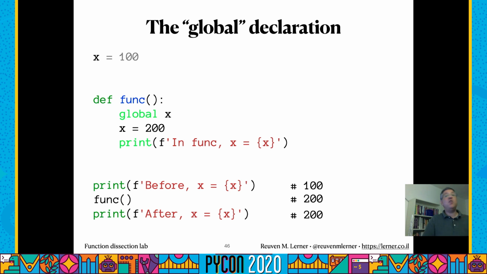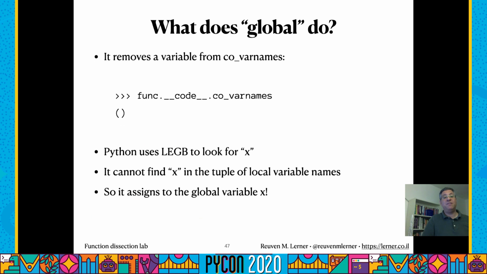Because now there is no local x. So when I assign to x from within the function, I'm really assigning to a global variable. By the way, even if it did not exist before, it is a global variable. And sure enough, we can see here, if we look at co_varnames, it's empty. So Python uses LEGB to look for x, but it can't find the local, so it'll just go to the